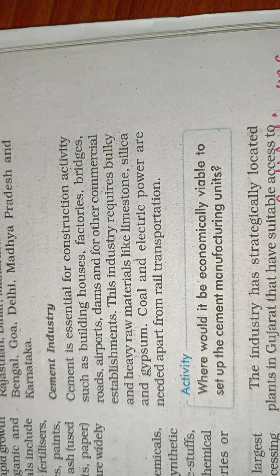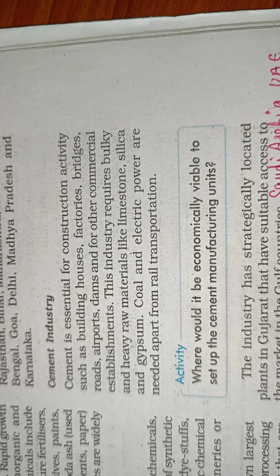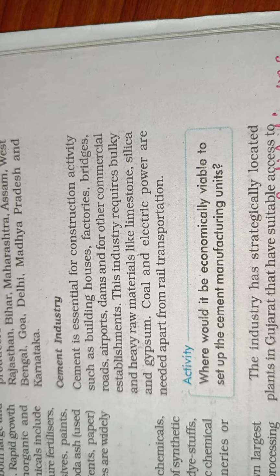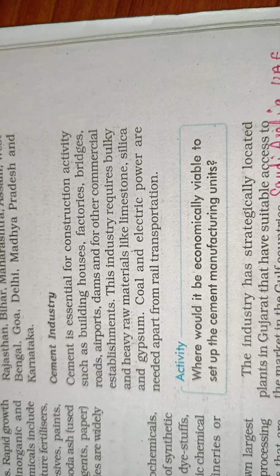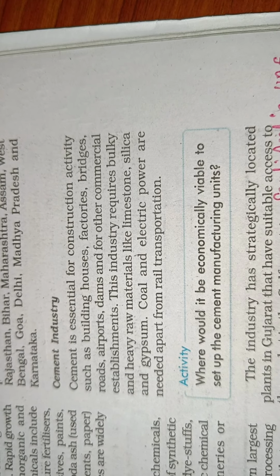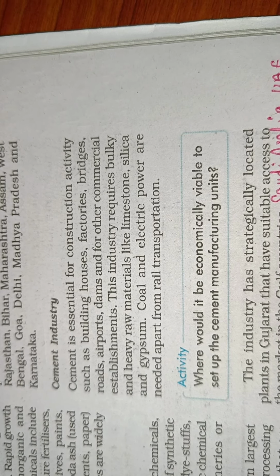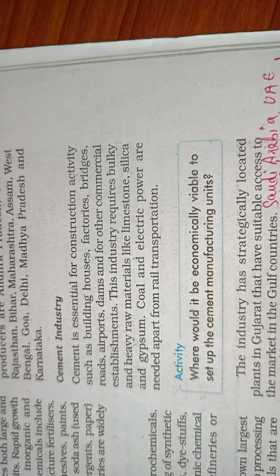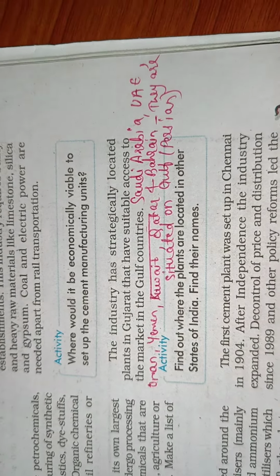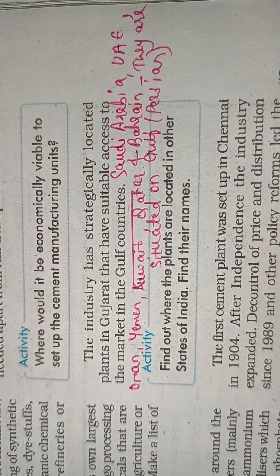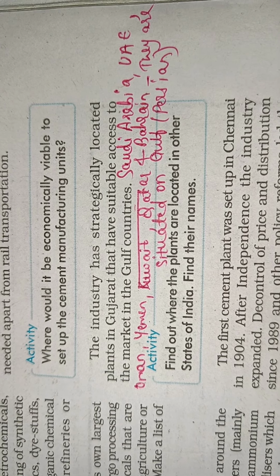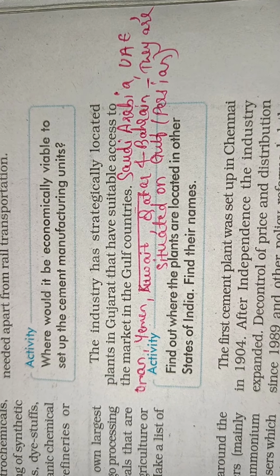Do underline this line: gypsum provides the hardness. Once it sets and starts drying, it becomes hard like a stone. Okay, coal and electric power are needed, apart from rail transportation. So apart from other industries, these are also needed for cement. The industry has strategically located plants in Gujarat that have suitable access to the market in the Gulf